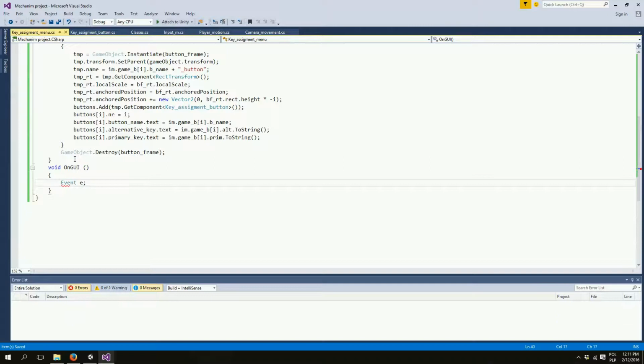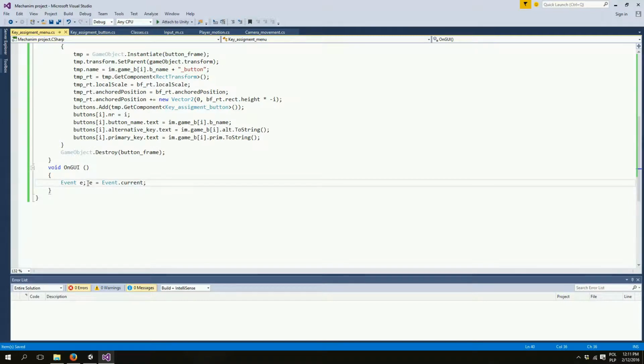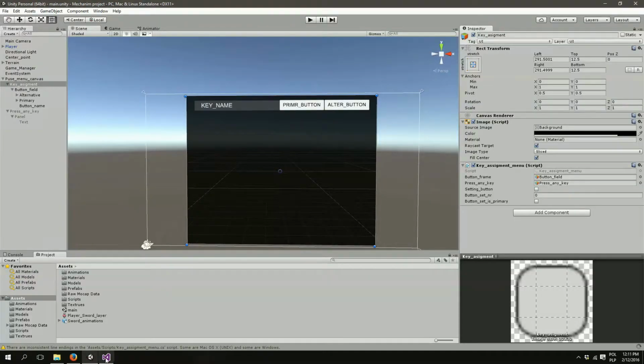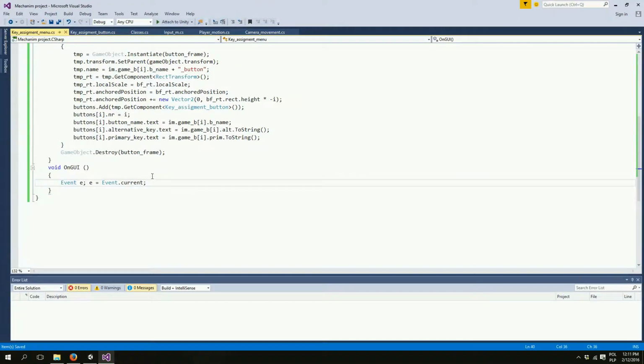So I will create Event e and make it equal Event.current. What this does, well, you can go ahead into Unity documentation and read about events. It just takes an event that is actually going in the GUI stack, and the event might be, for example, a button press. So let's type if